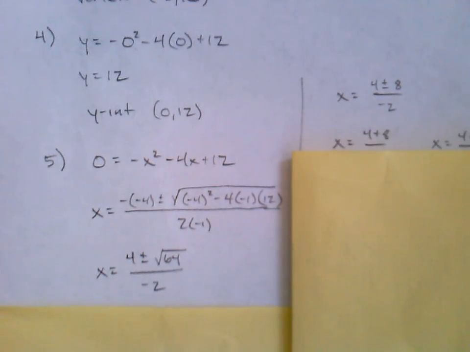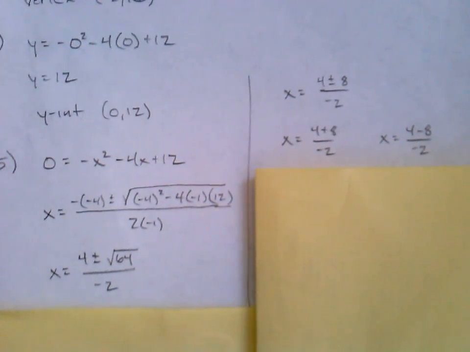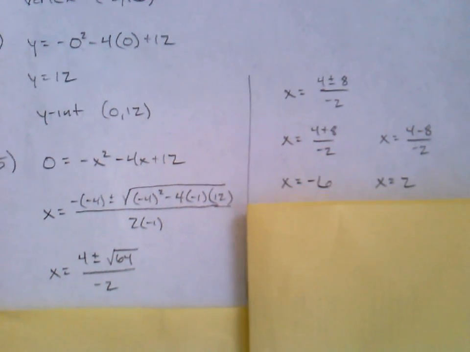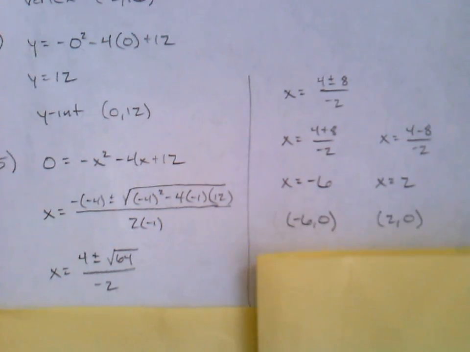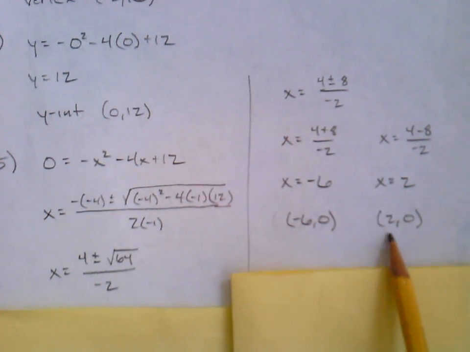And then, oh, looks like I've gone off the screen. I wrote the two separate equations. X equals 4 plus 8 over -2, and x equals 4 minus 8 over -2, and then simplifying each of those, I've got x equals -6, and x equals +2, and so I can write the x-intercepts